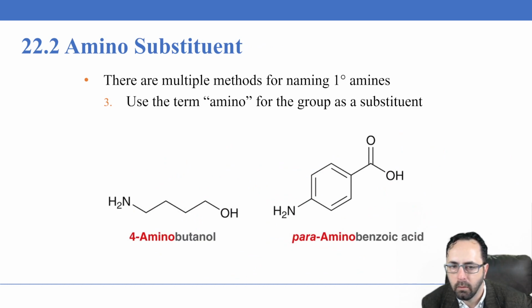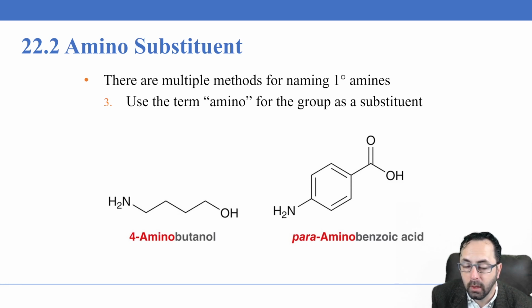So, as you saw, there are multiple ways for naming primary amines. If you have a higher priority group, such as an alcohol or a carboxylic acid or an aldehyde or a ketone, these are all higher priority groups than amines. We're going to name the amine as an amino group. So here, the alcohol group is the highest priority. So we're going to have 4-amino, and this should really say 1-butanol